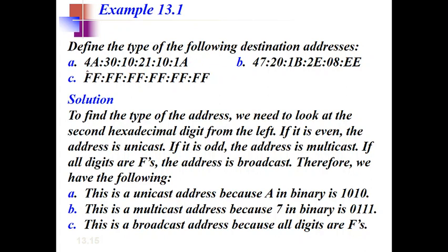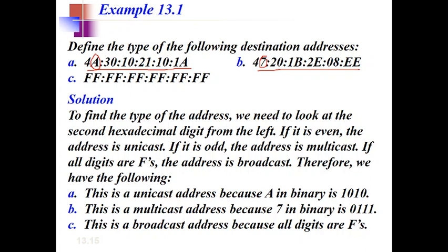If I consider the first one, you can see this number. A is represented in hexadecimal, and A is nothing but 10. So it is an even number, that is why it is a unicast address. And if I consider this example, this is 7.